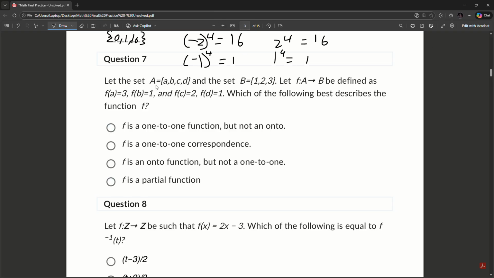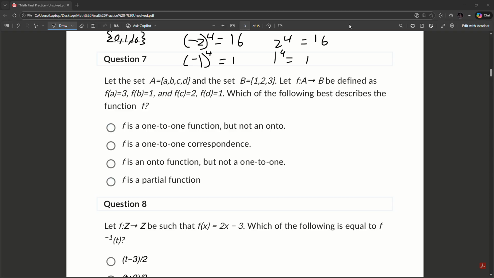And now, set A is A, B, C, D, and set B is 1, 2, 3. Let function f go from A into B, described as f(A) equals 3, f(B) equals 1, f(C) equals 2, and f(D) equals 1. Which of the following best describes the function f? Now then,